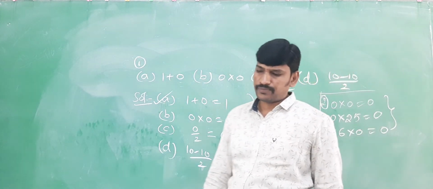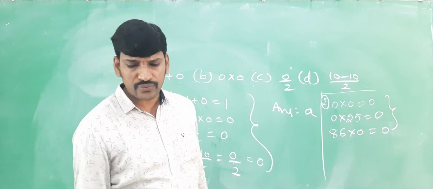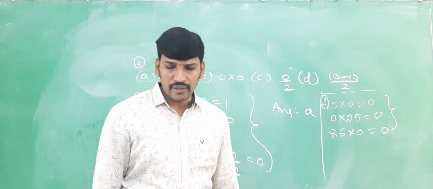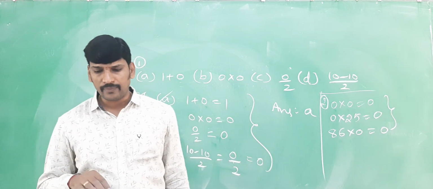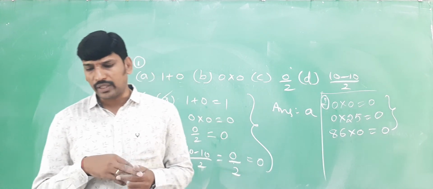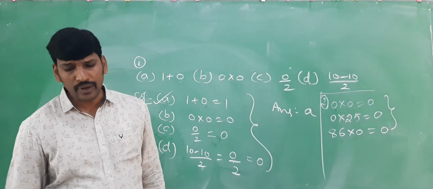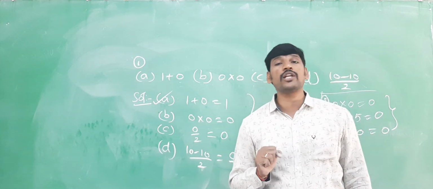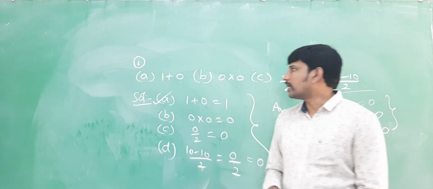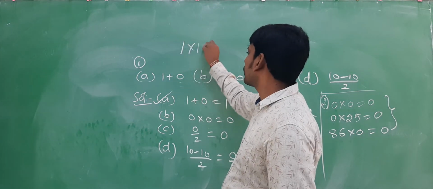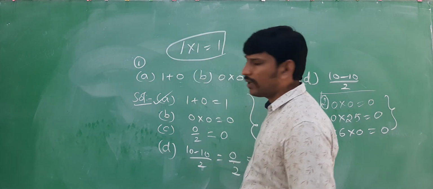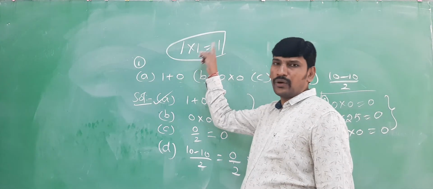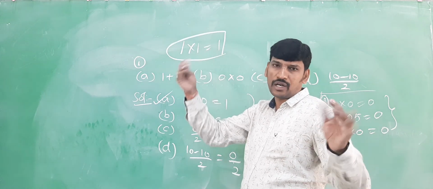Now, just turn the page, question number 3. Just read the question and you will get the idea. What is that here? If the product of two whole numbers is 1, can we say that one or both of them will be 1? Just by 2 examples. Yes, the product of two numbers must be 1. There is only one way, that is 1 into 1 is equal to 1 only. Only this is the way we get 1. It means both whole numbers must be 1 only. Then only the product is 1. Otherwise, it is not possible.